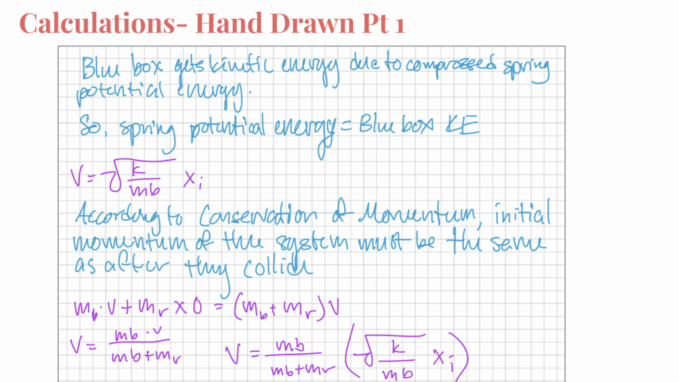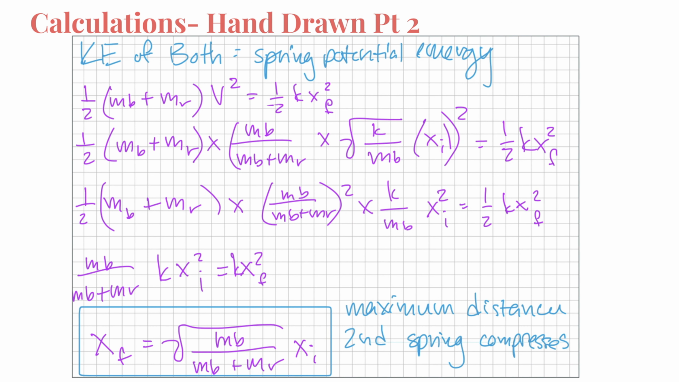Here k is the spring constant. Here's part 2 of our calculations. It's a little bit messy here, so I'll try to walk you guys through it. So we have kinetic energy of both, which will be equal to the spring potential energy, as there is conservation